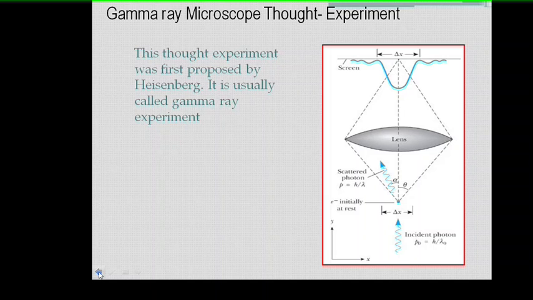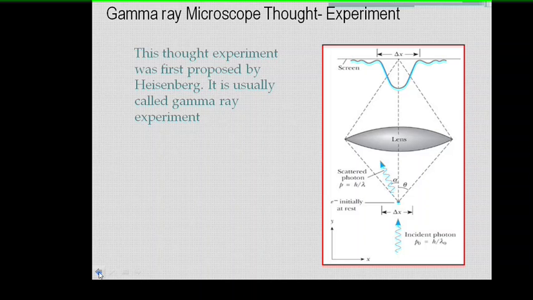Hello everyone. In this video, we are going to study the gamma ray microscope thought experiment. This experiment was first proposed by Heisenberg. It is usually called the gamma ray microscope experiment. Suppose we want to locate the position, that is the x coordinate, of an electron of an atom by means